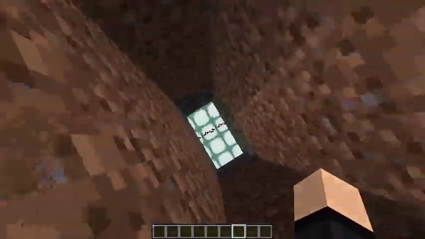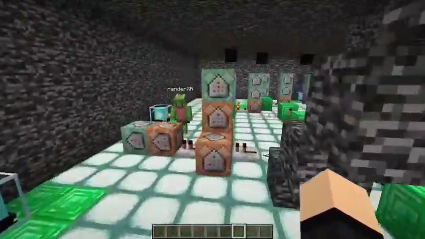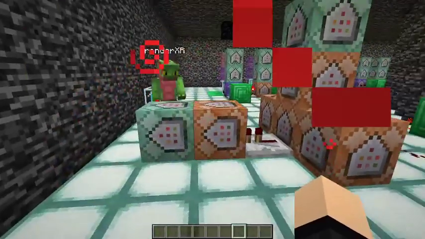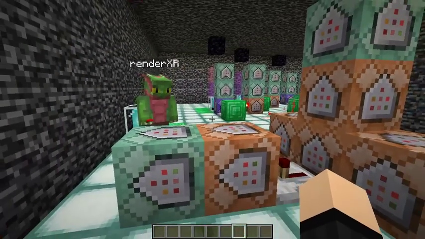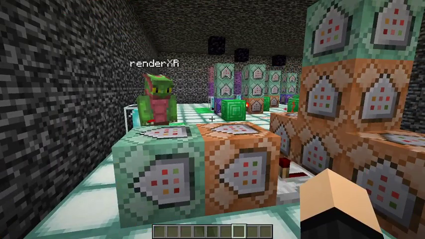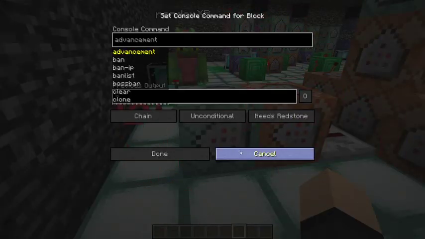It's not super expansive. So what I did is, I got a texture for the Ender Dragon, and I just made him invisible. And then I also made it so the sound doesn't play. So when you finish the map...